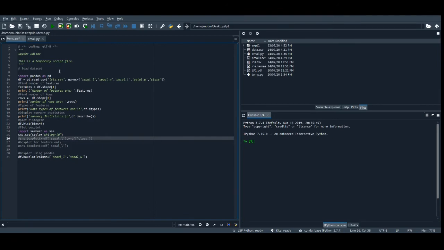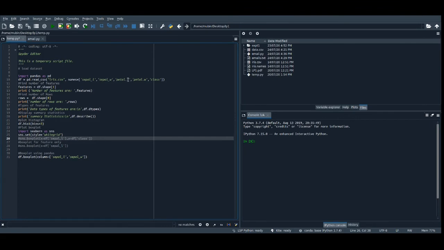For that, the very first statement I write is import pandas as pd. With this statement, the pandas library is imported into the current workspace.